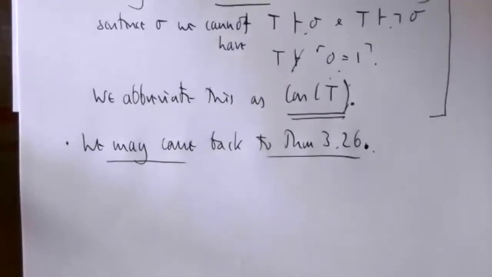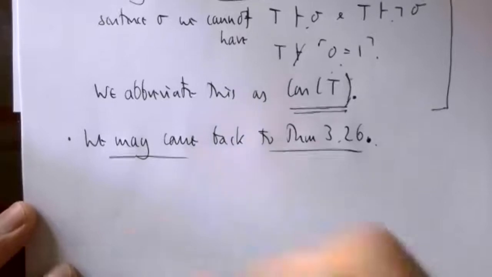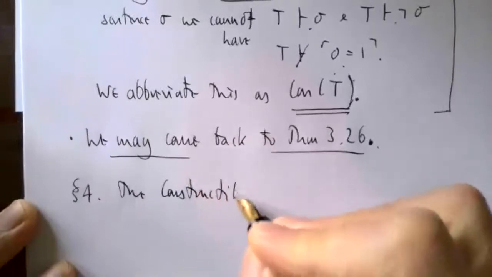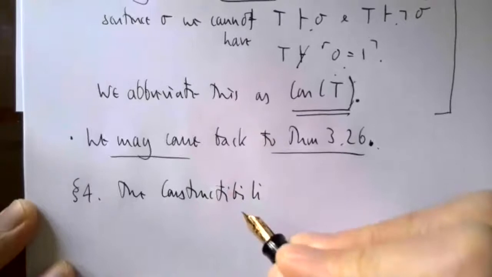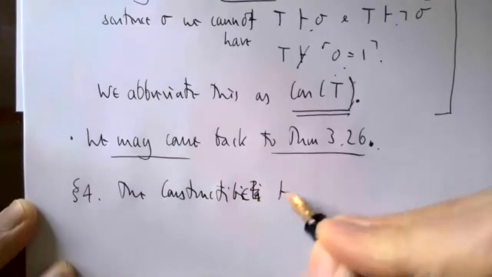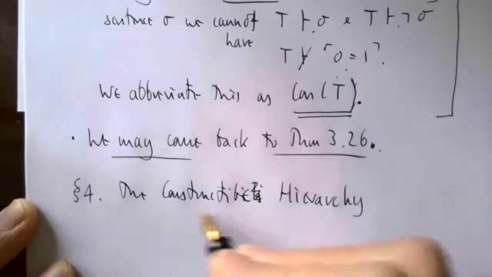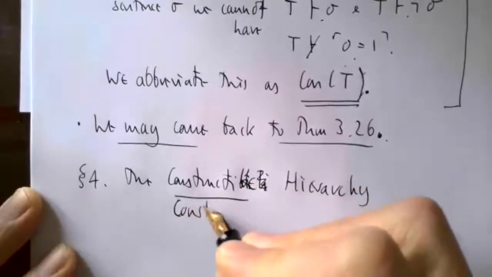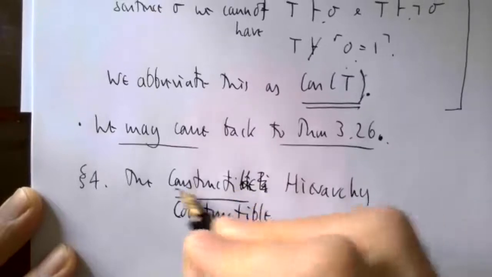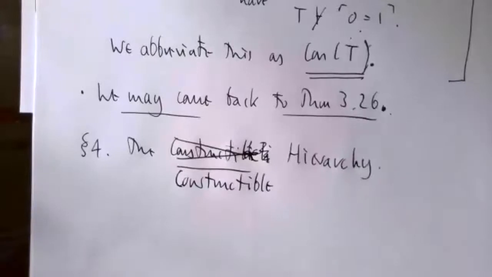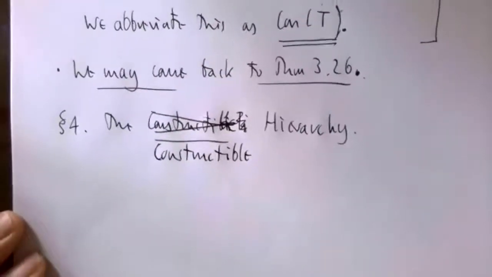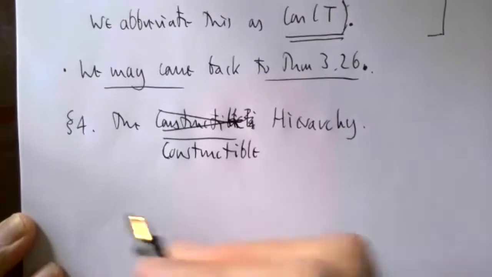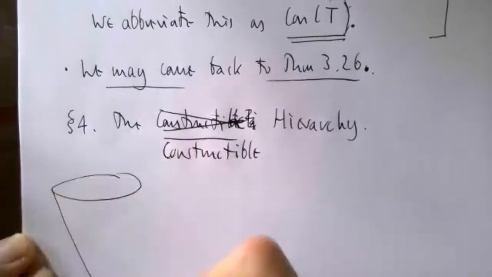So let me outline then what we're going to do in the constructable hierarchy, which is chapter 4. It's called the constructable hierarchy. So I want to contrast the construction that Gödel gave with that of V. And I said this before, but